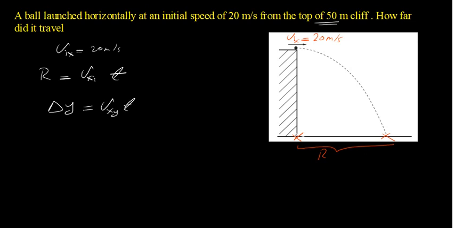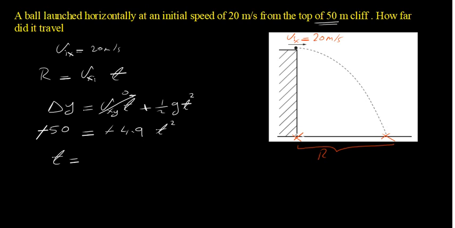Using the kinematics equation, it will be half gravity acceleration t squared. Now the initial velocity of the y component will be 0. The change in height will be negative 50, and that equals minus 4.9, because it's half the gravity acceleration, times t squared. Now the negative and the negative will cancel each other, and just following the math, I have 50